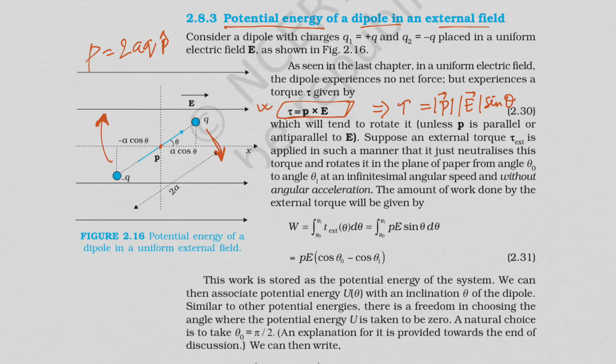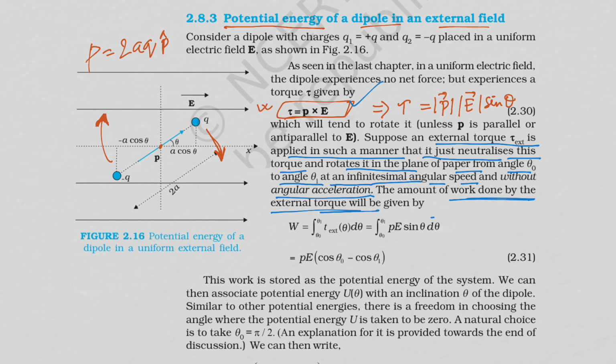So as you can see, it says that an external torque, tau external, is applied in such a manner that it just neutralizes this torque we are talking about, and rotates the dipole in the plane of paper from angle theta naught to angle theta 1 at an infinitesimal angular speed, very small angular speed, so that we don't create any angular acceleration. And the work done by the external torque is what will be stored as the potential energy for the system,